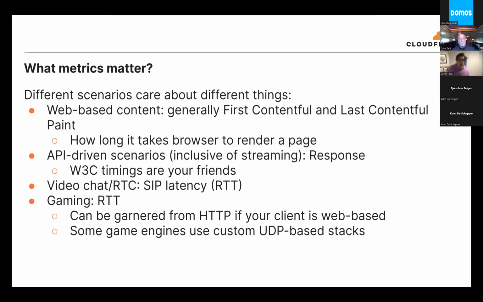Video chat and RTC applications are where a lot of these conversations around RTT, packet loss and jitter start to really matter, because we're talking about SIP. SIP is not an HTTP-based protocol, although some video and RTC applications use web, not all of them do. Generally, when we think about latency from a CDN perspective and a network as a service perspective, we think about the lowest common denominator: what's the thing that's impacted most and looks the worst? SIP is generally your gold standard for that, because whenever you see jitter or latency spikes, your SIP performance just goes down the toilet.